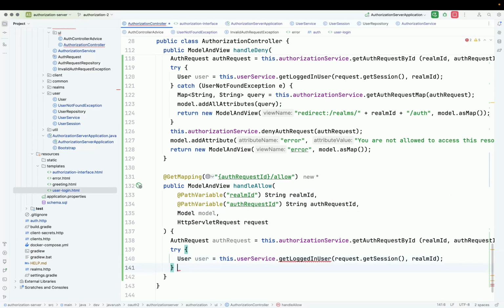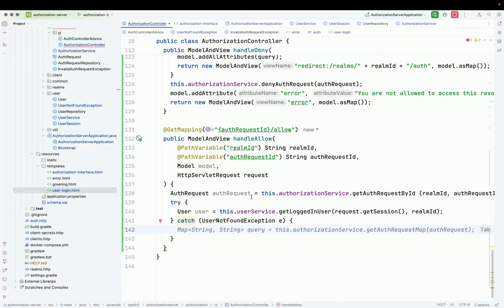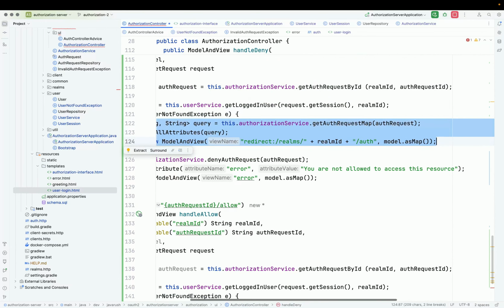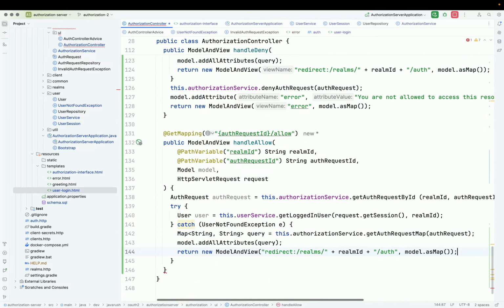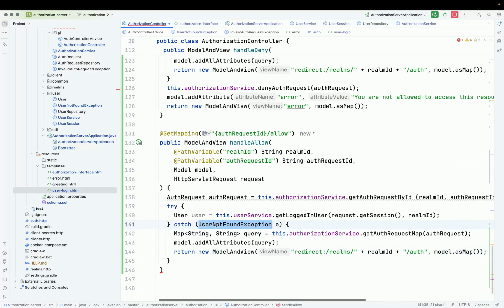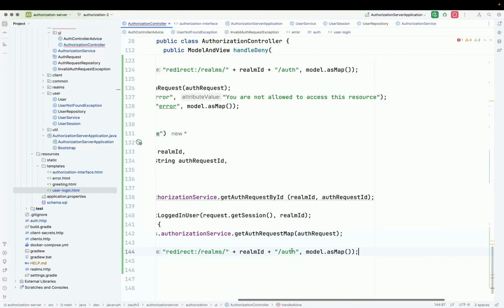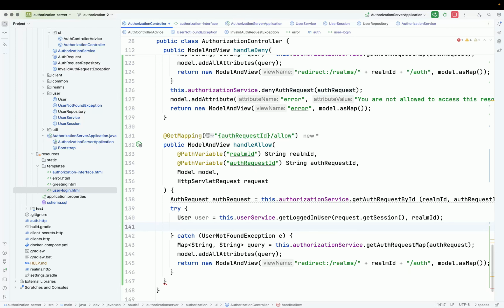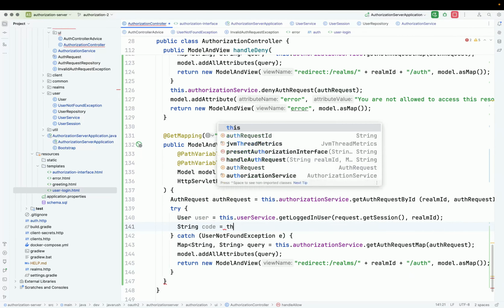If we don't find any user, if the session has expired, we will catch it here. So here we will just do this thing again. I will just copy it and paste it here. If we don't find any user, if the user session is not active for the current realm, then we will redirect the user back to the login page. Now since the user is logged in, let's generate the authorization code. So what I will do is string code will be this dot